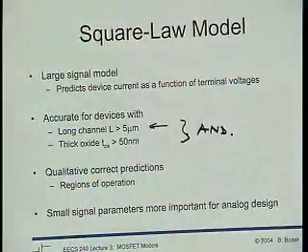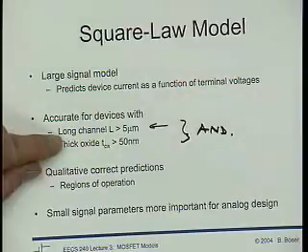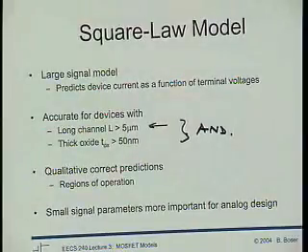So, for the EE240 technology, you can always fulfill the first condition. You can always make a transistor with a very long channel, but you have no chance of getting that thick an oxide. The oxide thickness of our transistor, I believe, is 6.5 nanometers or so, a lot less than 50 nanometers. And then these devices just don't behave according to the square